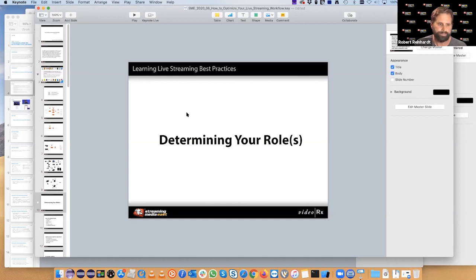The RTMP spec is somewhat frozen now, in the sense that Adobe's not moving that specification forward. So yeah, that's the quick answer to that question. HEVC is best going to be done over SRT, depending on your server